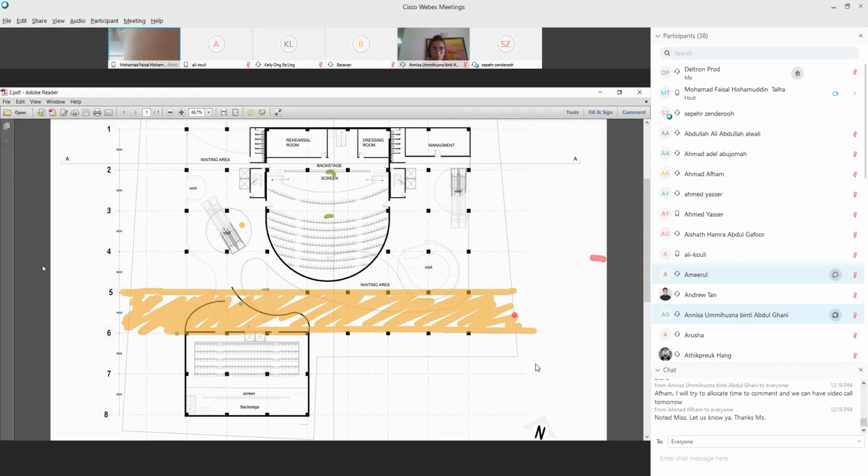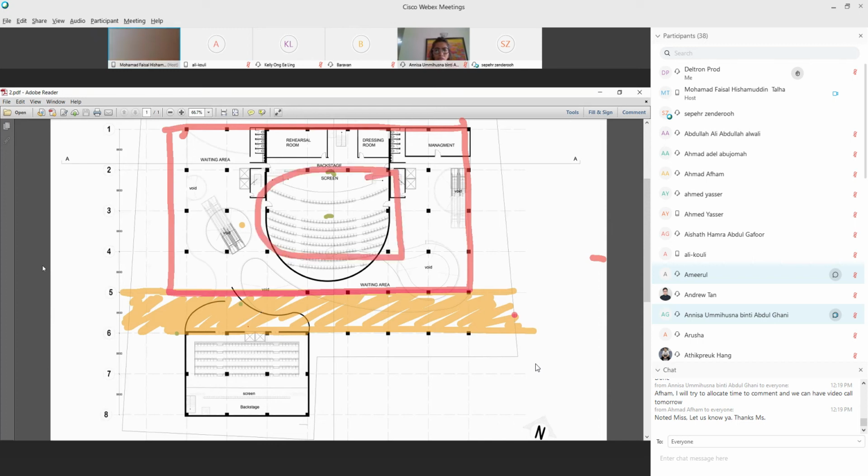You have this entrance. So I already told you just now the extent of your building. Boundary here. 6 meters from the boundary. Where it is, when it comes to this road, it ends there. So your building can only occupy what? That means all this stage has to be rotated this way, making this the more suitable lift for the backstage, and this more suitable for the theater lobby. You have to reverse that.